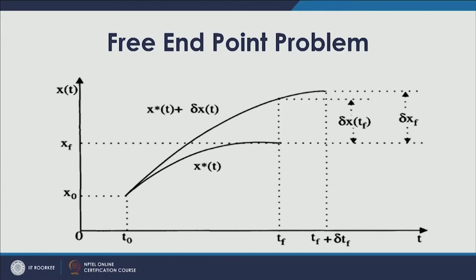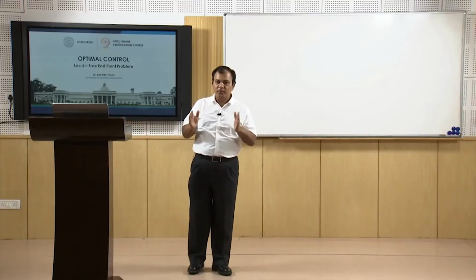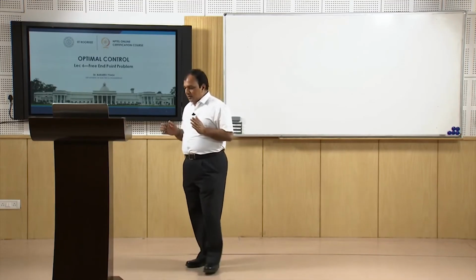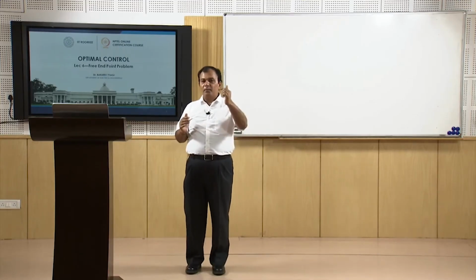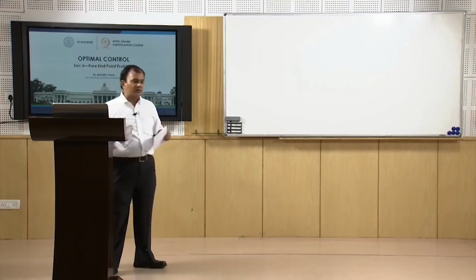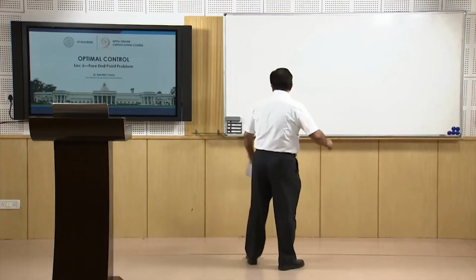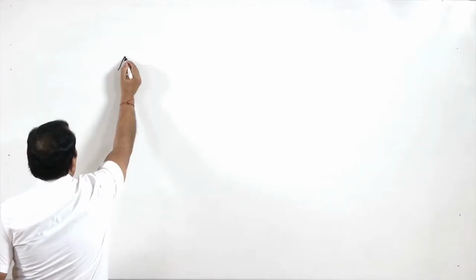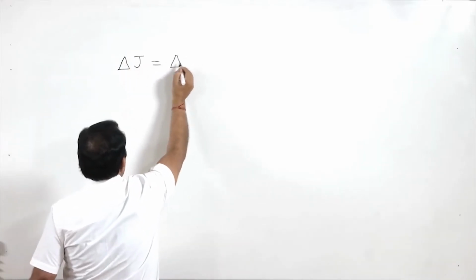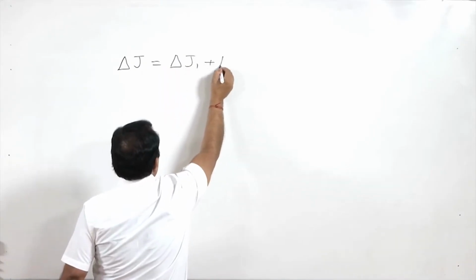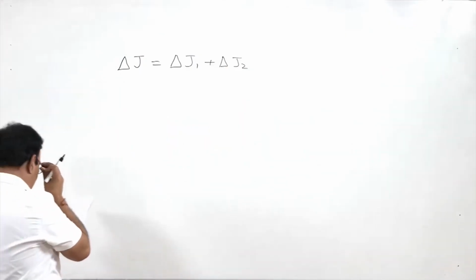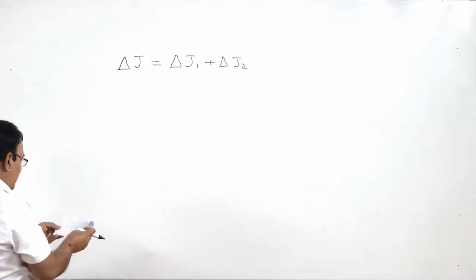and the basic variation problem we have to solve, in which we are trying to minimize the functional v with the limits from T0 to Tf. And if you recall, in the previous class we have written that the variation can be the increment, we are trying to find out the increment delta J, which was equal to delta J1 plus delta J2, where delta J1 we have derived as